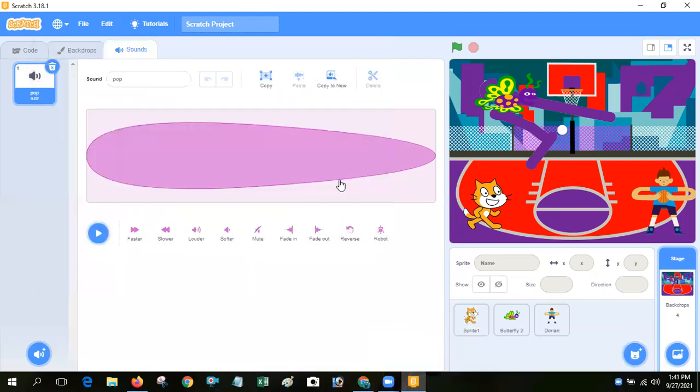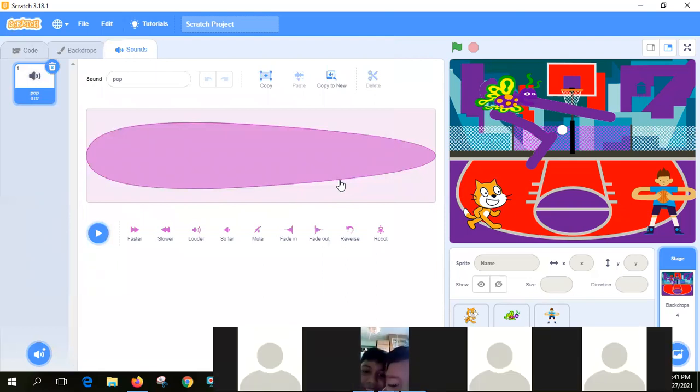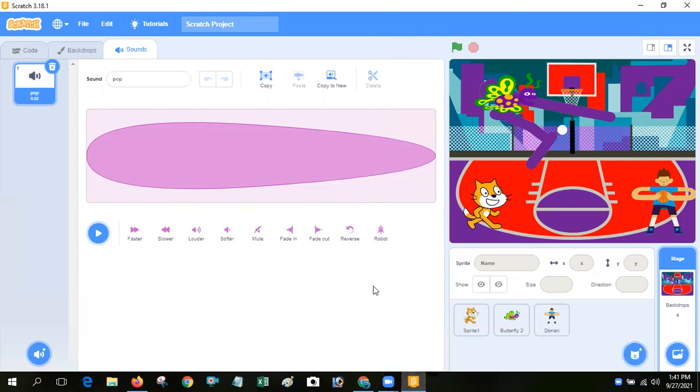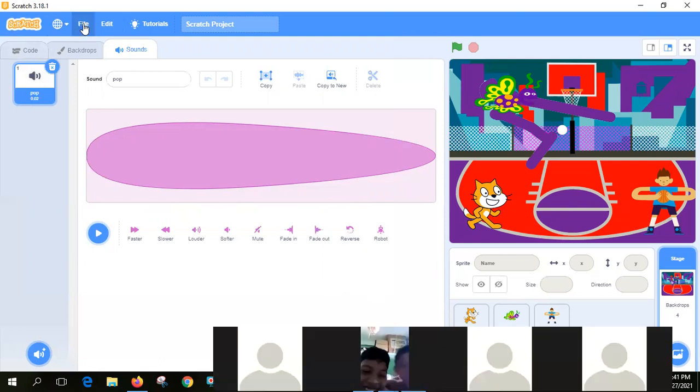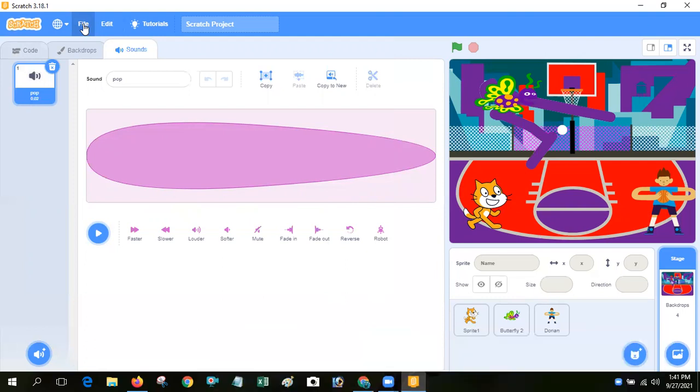Next, you can see opening an existing project. Suppose you have already saved a Scratch project in your computer, and if you want to insert or edit your previous project, then you can use it.